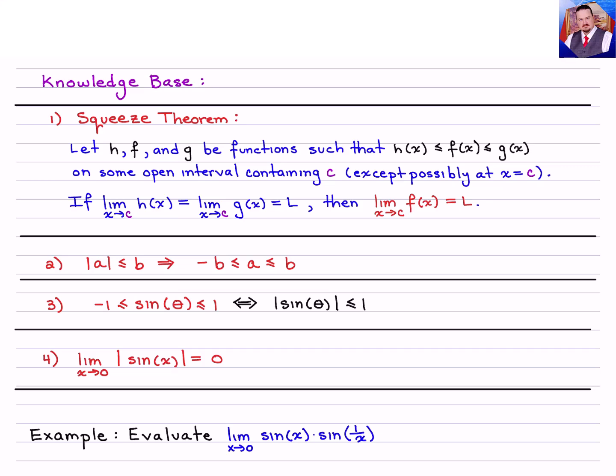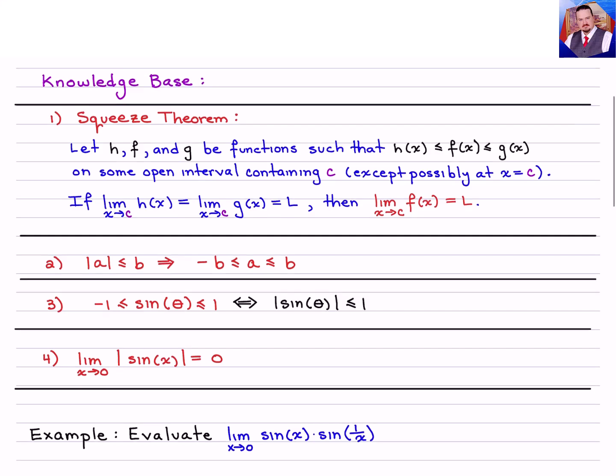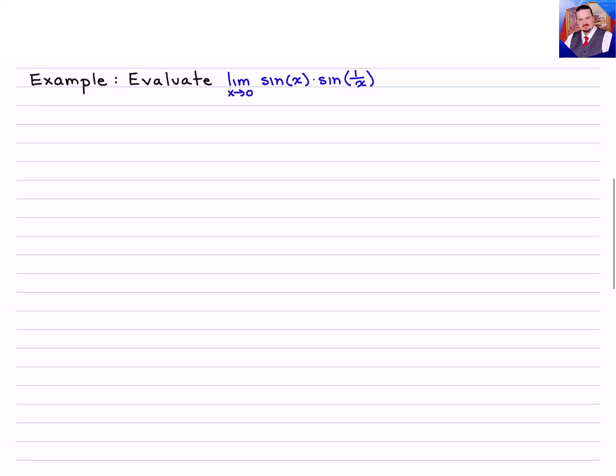Okay, so let's go ahead and use these facts in some order to evaluate our problem. And this is the problem at hand. We have the limit as x goes to 0 of this product, and we know this piece goes to 0, of course. Sine of 0 is 0. This piece is undefined, so it's indeterminate at that low level of analysis. We have 0 times something that's undefined. We don't know what that is, so we need to figure it out. All right, so let's